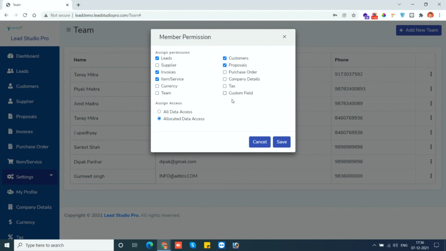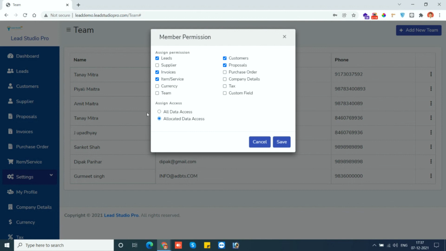Rest others I have not given them. So basically when this user will log into this system, these are the only options he or she will be able to view. Rest of the options will not be available for them to see.